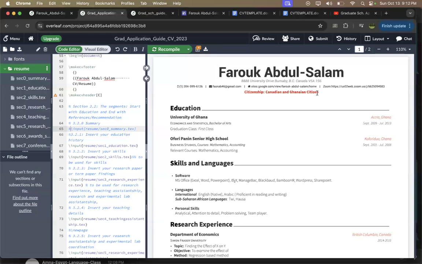The reason why you sometimes see citizenship on CVs within the whole Canadian system, and even the American system for that matter, is that if they want to hire you, they really want to see whether you have the documents. They don't want to hire you, and then at the end of the day, have to apply for a visa for you and what have you. So some of the CVs that you come across might have citizenship. This is more channeled towards work-related requirements. And in your case, I don't think citizenship will be essential here, so you can decide to take it out.